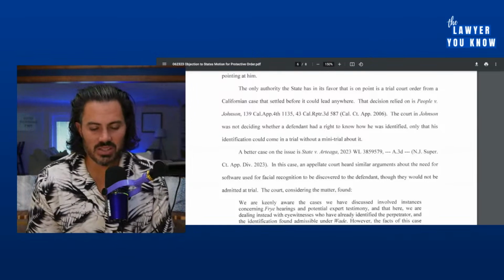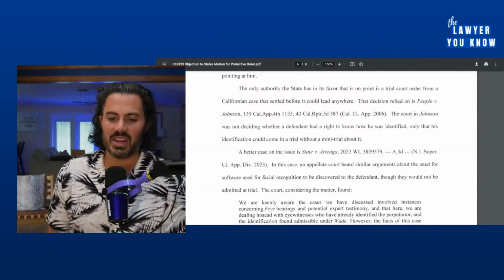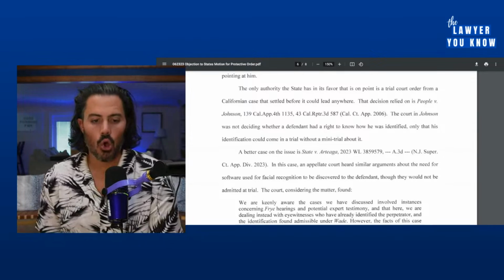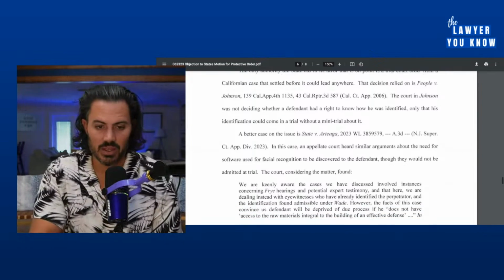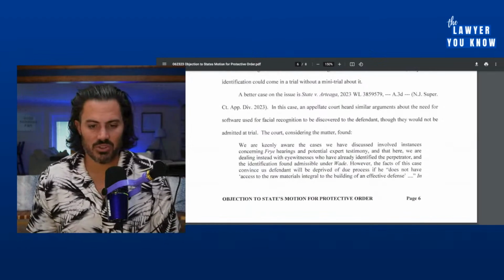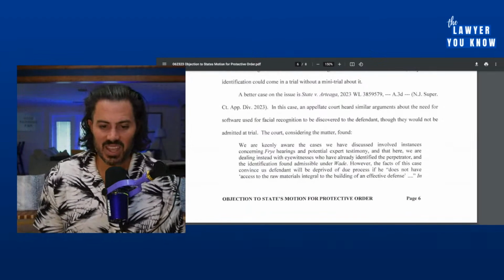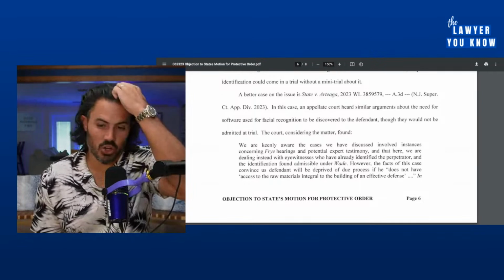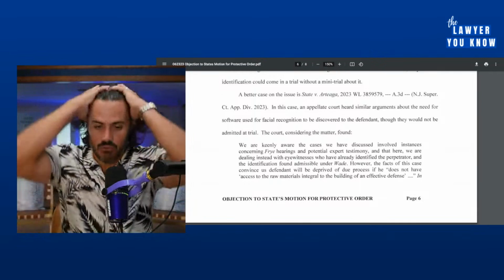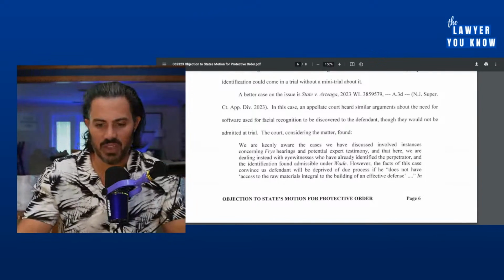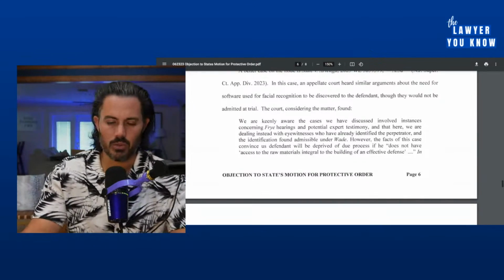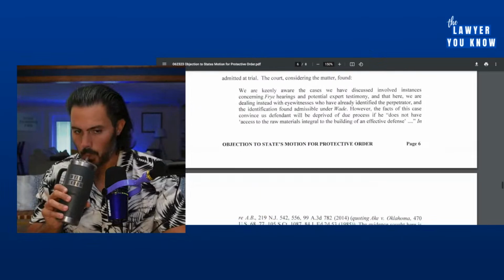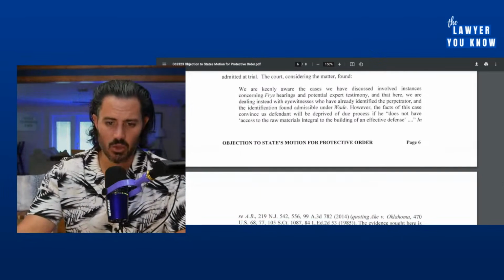The court in Johnson was not deciding whether a defendant had a right to know he was identified, only that his identification could come in at trial without a mini trial about it. A better case on the issue is State versus Ortega. In this case, an appellate court heard similar arguments about the need for software used for facial recognition to be discovered for the defendant, though they would not be admitted at trial. The court, when considering this matter, found, we are keenly aware